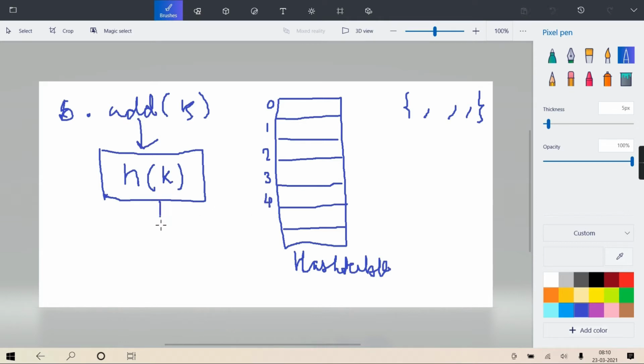It will generate some address for your key, and that address is called a bucket number or the slot number. Whatever address is generated, we go directly to that bucket number and there we store the key. You understand? So actually it is a key to address mapping.